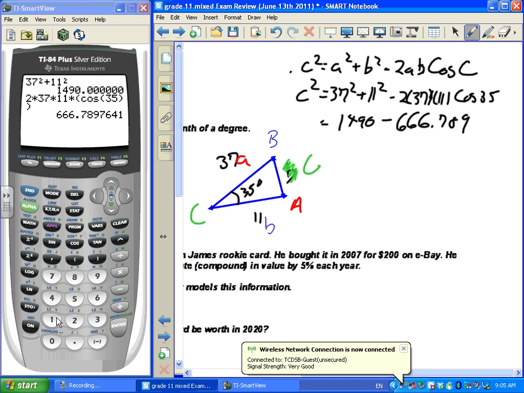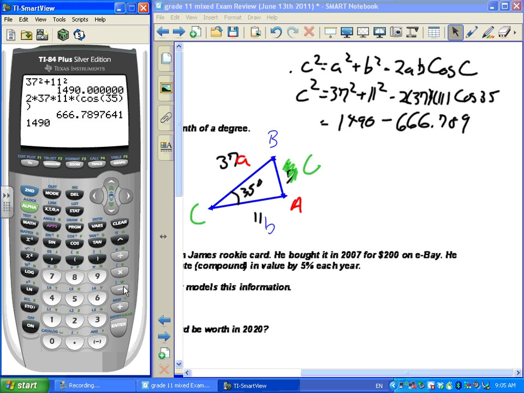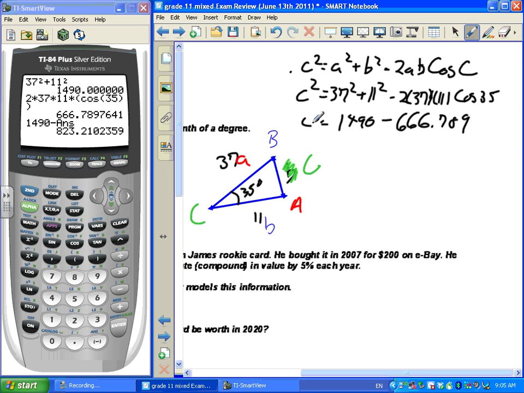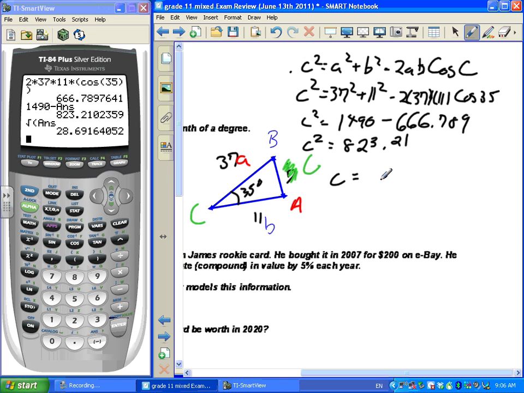We're going to take 1490 and subtract that answer from above. It's going to be, and don't forget the C squared. C squared is equal to 823.21, and it goes on. We're going to square root that answer. Turns out that side C is equal to 28.69